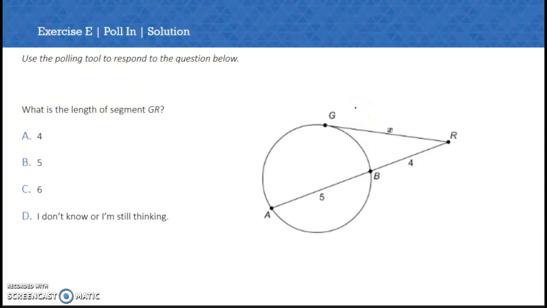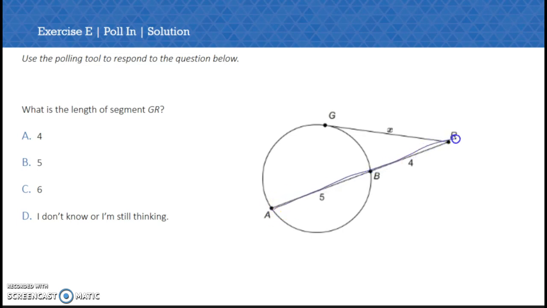So let's try some practice. The first thing we need to do when we're doing these problems to find segment lengths within a circle is identify: do we have a secant, do we have a tangent, two secants, two tangents, do we have chords, what do we have? Then we can identify the rule that we need to apply. So in this particular case, we have a secant because it crosses the circle twice